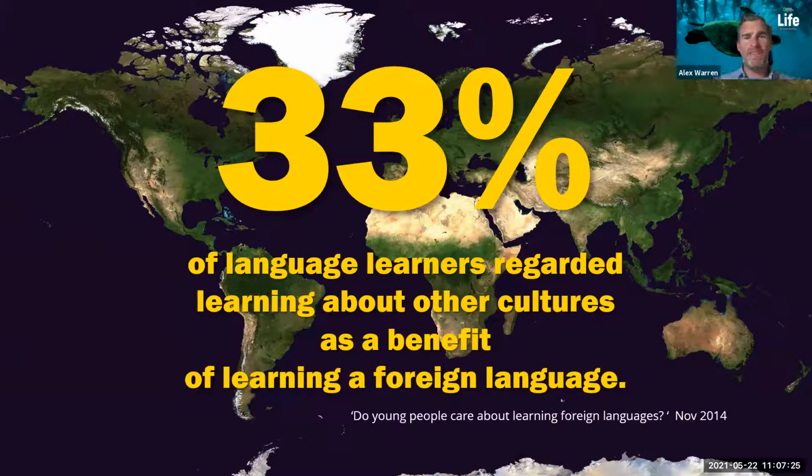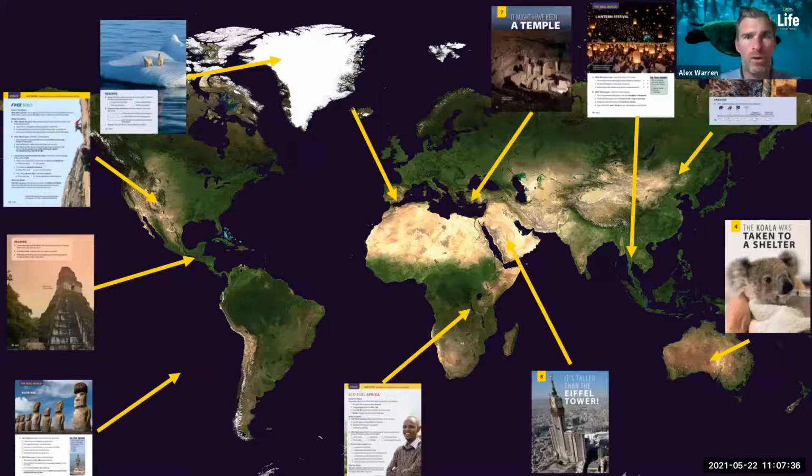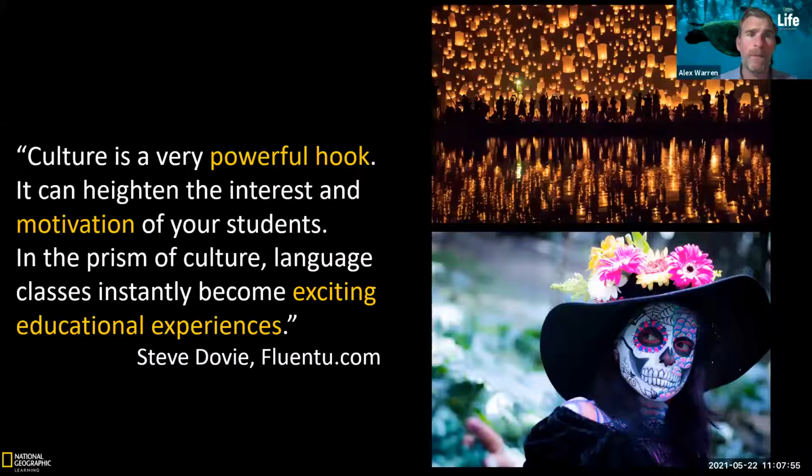So we need a course book that isn't just about British or native English speaking countries, US, UK, Australia, wherever. We need course books that have truly global content from every corner of the planet. Learning about the people, the places, and their cultures. Because that is a really strong way to show students why they're learning a language. And I think this quote really sums that up.